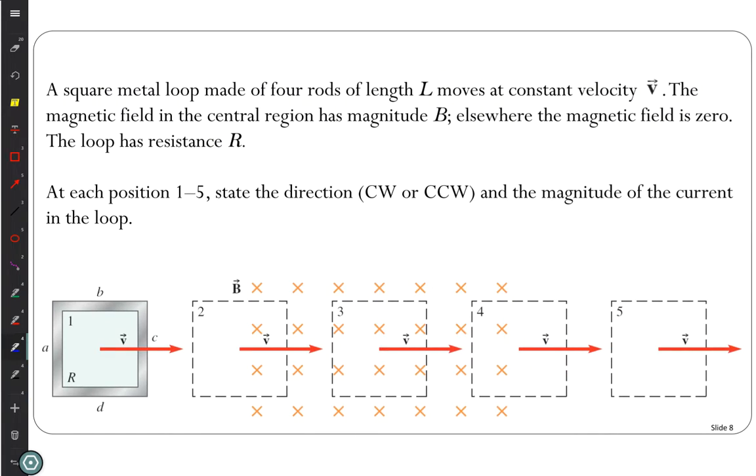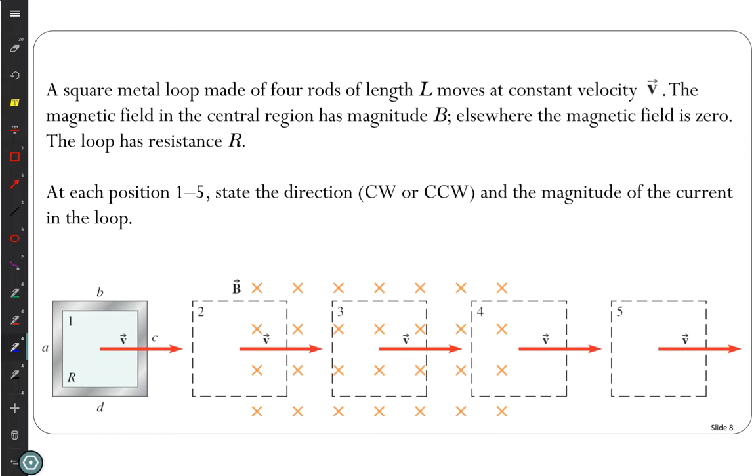So this is an example of what happens to lead us into Faraday's law. If I have this loop of metal with dimensions A, B, C, D, a rectangle, or a square actually. Initially, there's no magnetic field, and then you move it into a magnetic field. When I move it into a magnetic field, the electrons are going to have a force to make them move in that wire that moved into the magnetic field. And that force is going to be